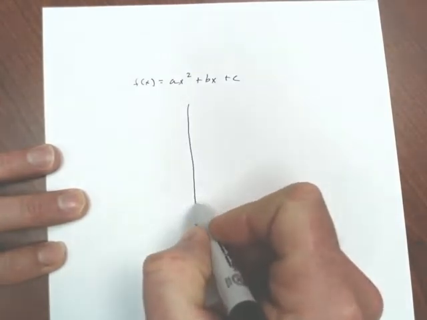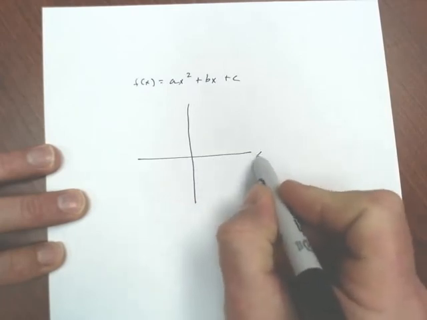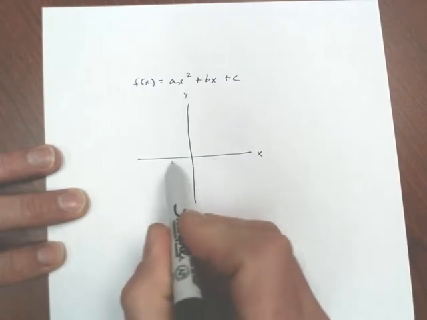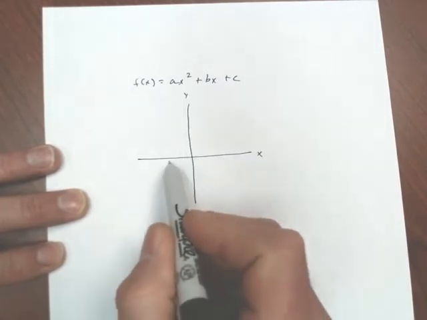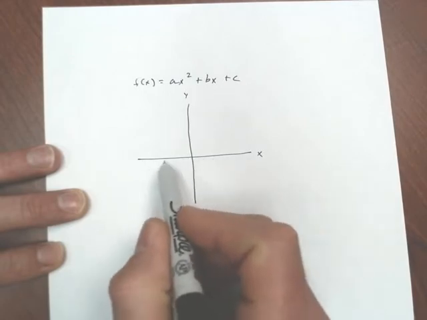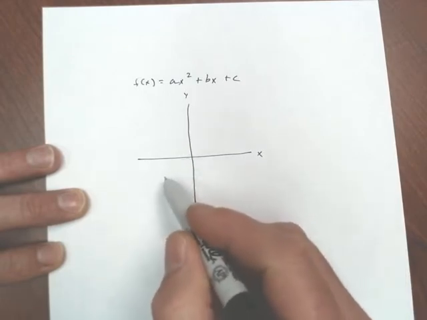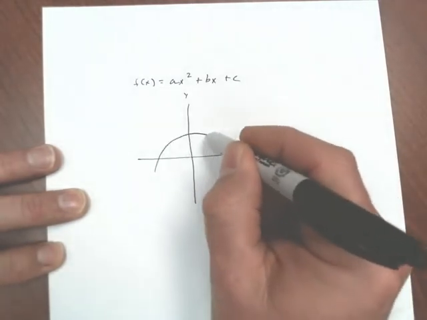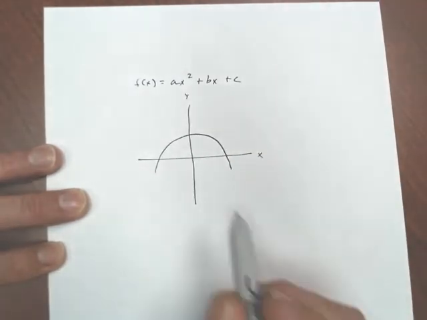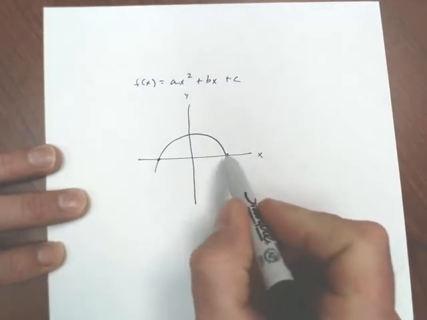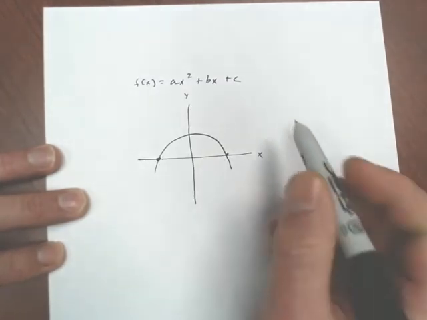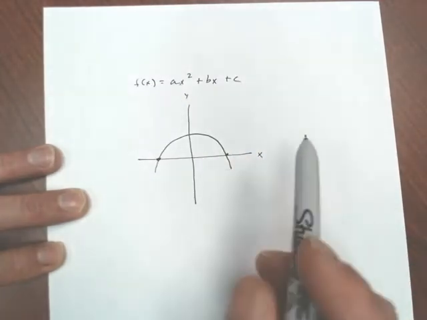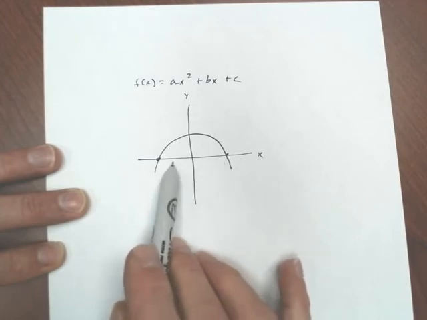We've taken our Cartesian coordinate system, and what we've done is we've used y equals 0 as our horizontal plane from which we're going to find our points of symmetry. In other words, we have a function that looks like this. We find these points here by employing the quadratic formula and setting f of x equal to 0 to do that. And once we find those points of symmetry on some horizontal line,